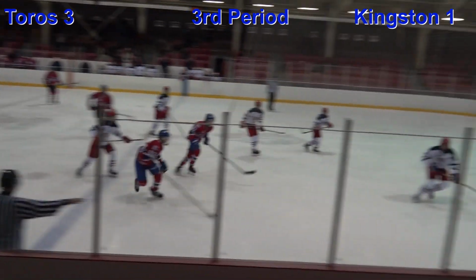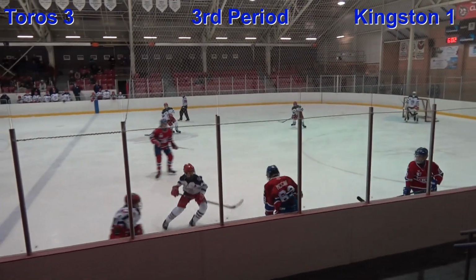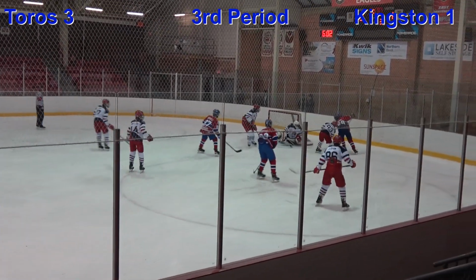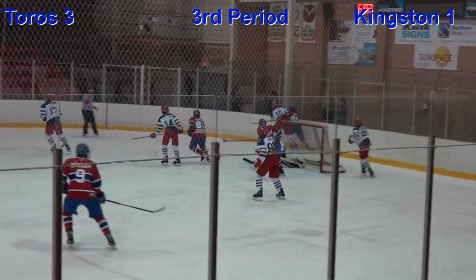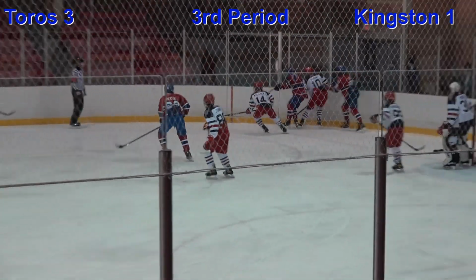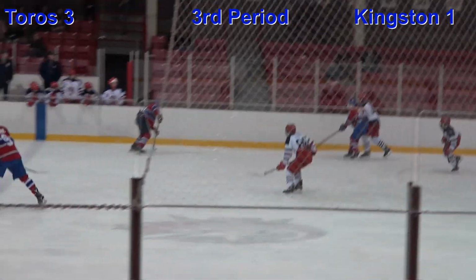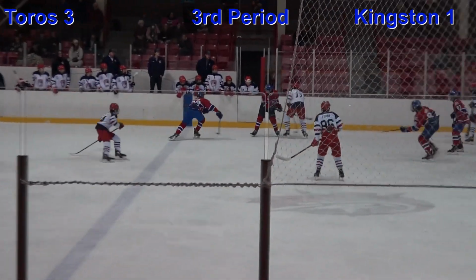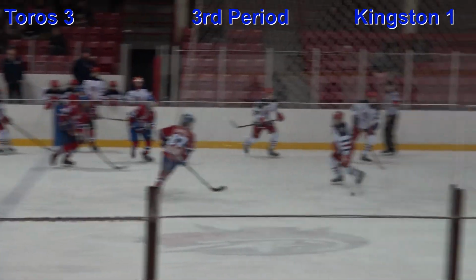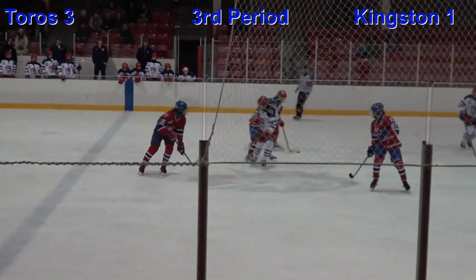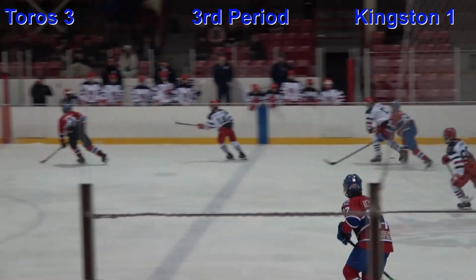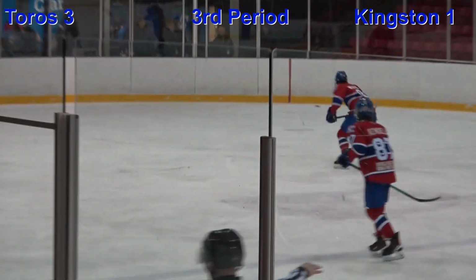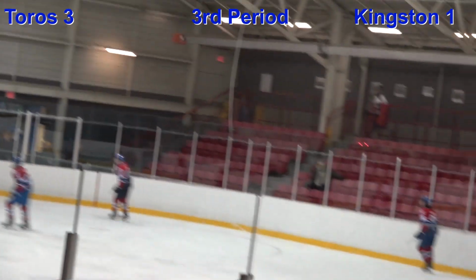He'll find it, but he'll dump it into the zone. Kept out on the boards. That is McCaw, who'll set it up. Can't get that one to the front of the net. As it's in behind the goal, Knox is racing after it against Shaw. Good job here by Cliff to try and get it. Knocked down here by Kingston. Cliff will pick that up. Cliff got hooked up, stays on his feet, fires it back in behind the Kingston net.